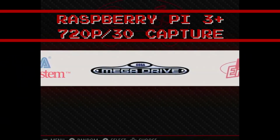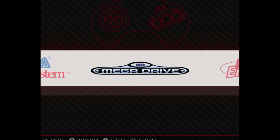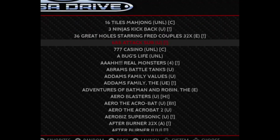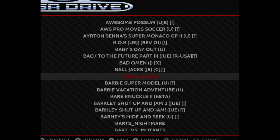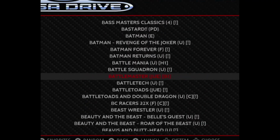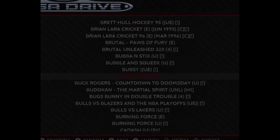Okay, so the first thing we're looking at here is a Raspberry Pi 3 running RetroPie. As you saw in the caption, it's capturing at 720p, 30 frames a second. And you know what, it's pretty good actually. The quality is not the best, but it's not the worst. And I think, for £20, this seems to be okay so far. Now, obviously, I can't really tell anything about latency just in these menus, so I just scroll through the menu here and hit a random game,